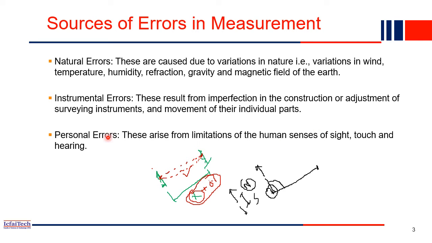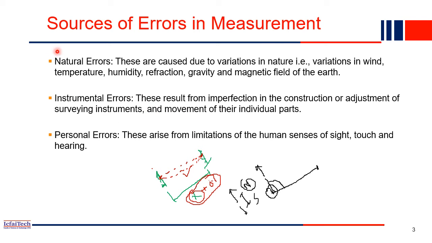These instruments are sometimes very complex, and they may not be perfect; they also will have some imperfection in them. When the instrument was being constructed, at that time also there may have been some imperfection. So these also will introduce additional error into our measurement. This type of error we call instrumental error.